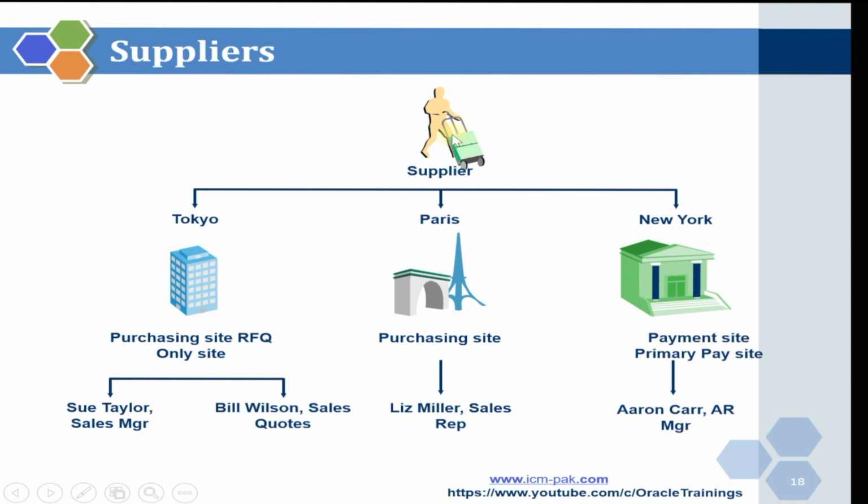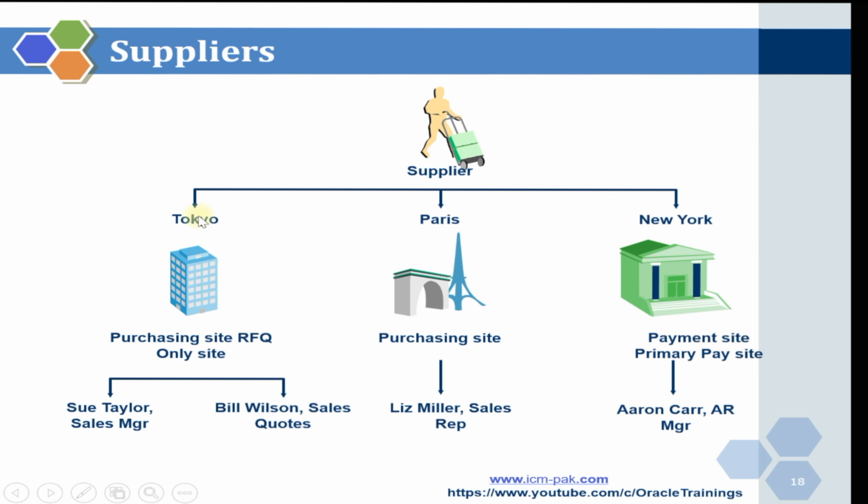supplier or the vendor. So whatever parties there will be, you will have their information recorded in your system as a supplier, which will be your master data. For each supplier there can be multiple sites. For example, we have one supplier XYZ. For that supplier we will have one site or branch in Tokyo, one branch in Paris, one branch in New York, and for each branch there can be a different purpose, or